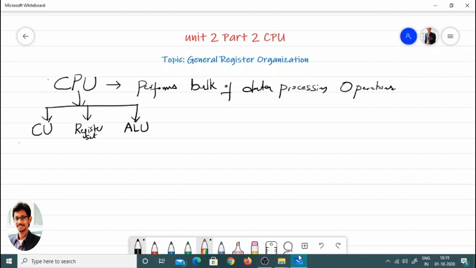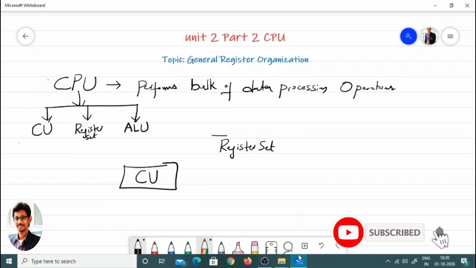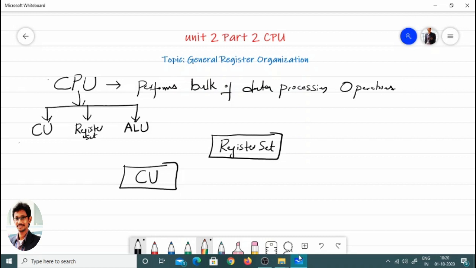Now this control unit is one of the components of the CPU. It supervises the transfer of data among registers and instructs the ALU as to which operation to perform. Now what about this register set? This register set stores intermediate data during micro operations. Now the ALU performs